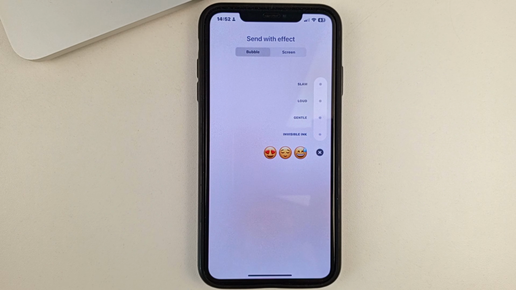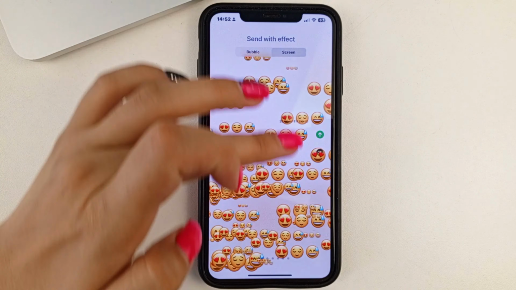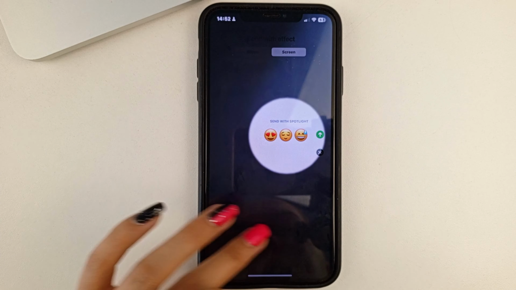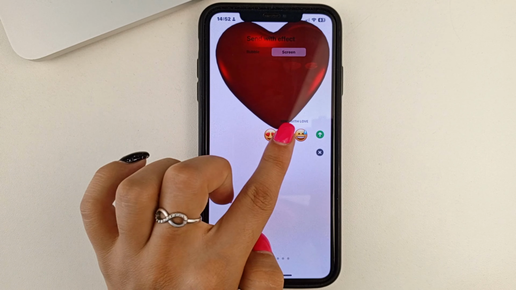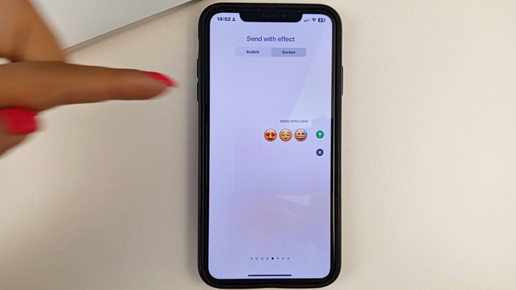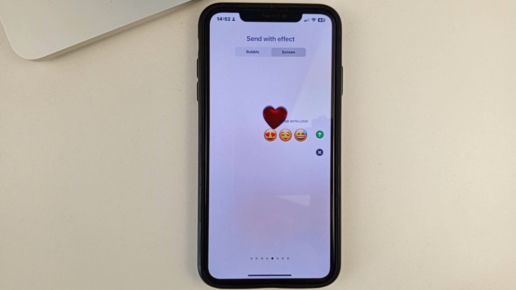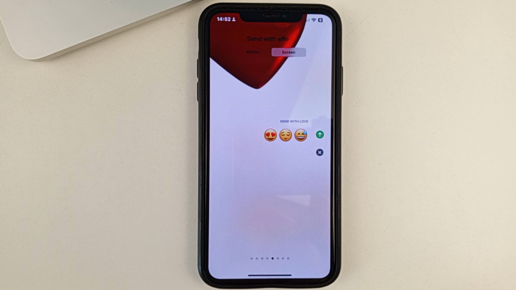As you can see, friends, after that, a window like this appears. And now you need to go to the effects at the top. And here you're going to find just the effect with the heart. It will also be written, this effect above your message, as you can see, will be the title, that it's a love effect.